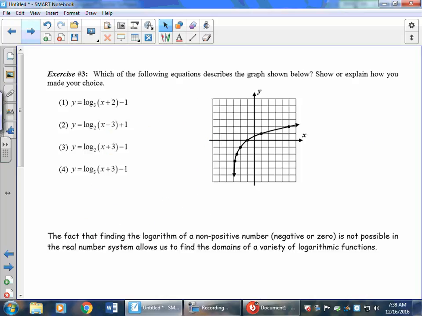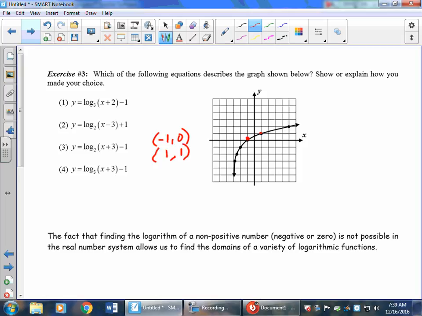Which of the following equations describes the graph shown below? Show or explain how you made your choice. Well, the easiest way to do this, especially if it's multiple choice, is to put all of these into your calculator. All right, so if you put these into your calculator, you can see the points that they give us here. So you know that points like this point right here is the point negative 1, 0. That's on our graph. This point right here is 1, 1. That point is on our graph. The point negative 2, negative 1 is on our graph. So my suggestion here would be put these into your calculator and see which one